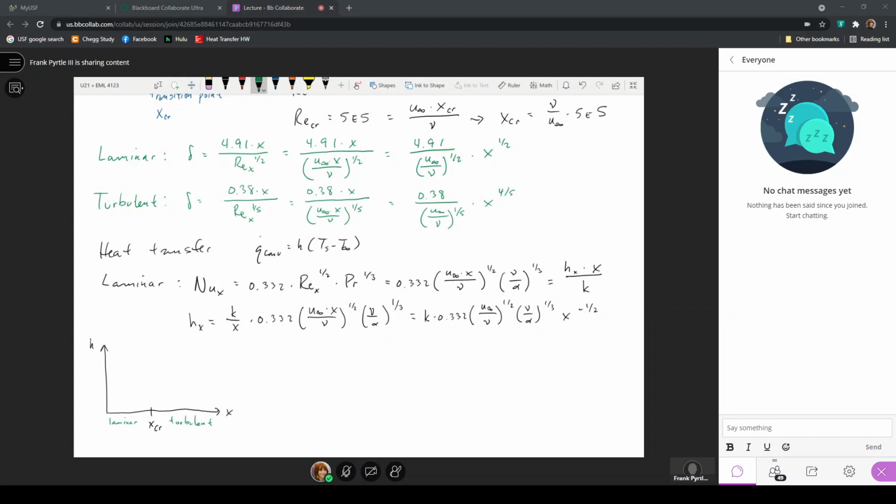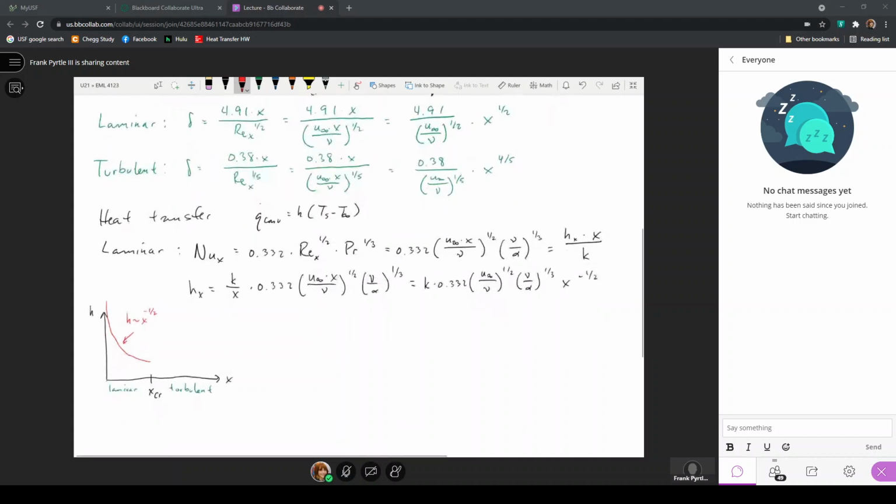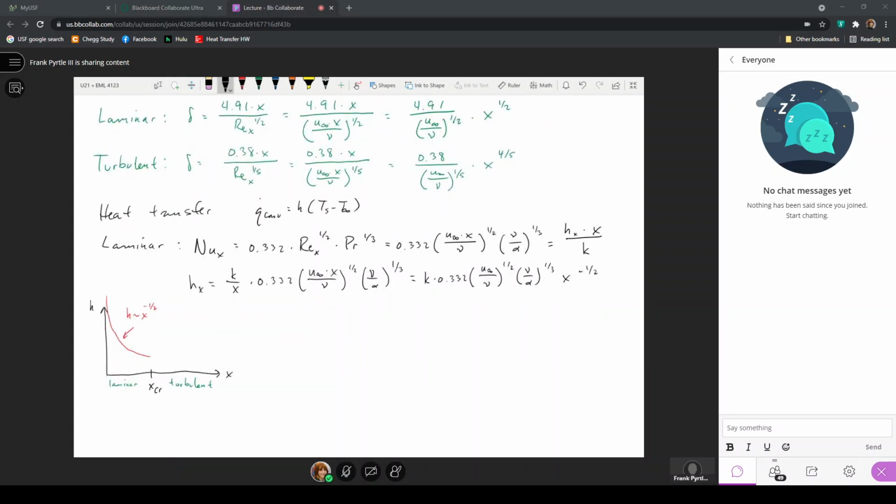So from X equals 0, we'll look something like this, in that here H varies with X to the -1/2, such that it's infinite at X equals 0, and it decreases with X to the -1/2 all the way till we get to this transition point. Now, when we consider the turbulent flow condition, again, because of the differences in the way that the fluid actually